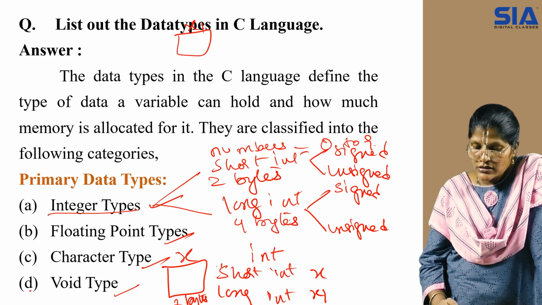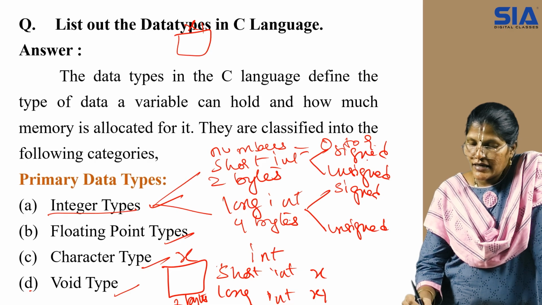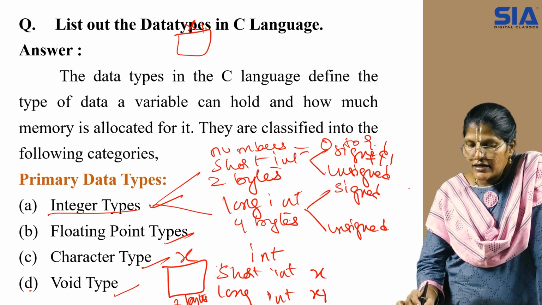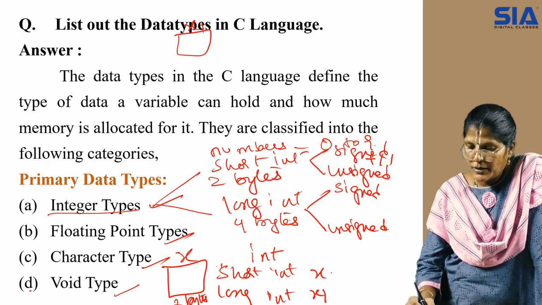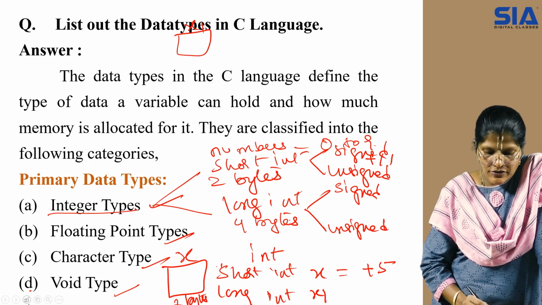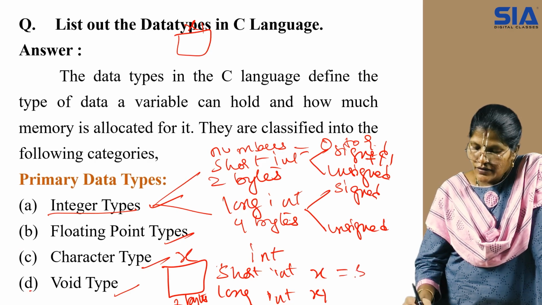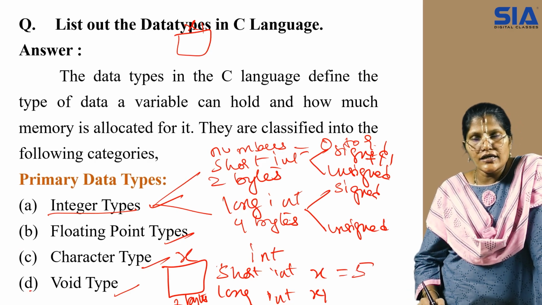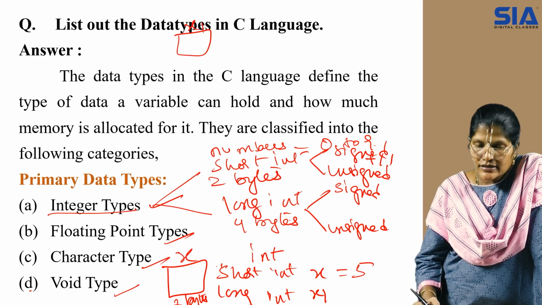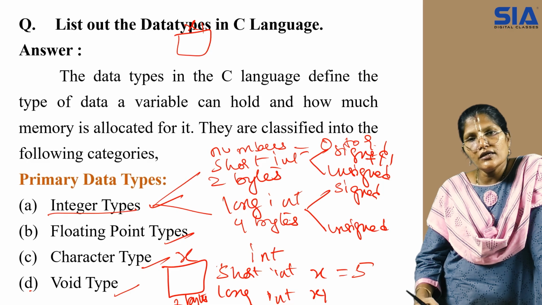When we talk about this, what do you mean by signed and unsigned? Signed means it is plus or minus. If it is unsigned, there is no particular sign; for example, x is equal to plus 5 means it is a signed integer. When you don't specify anything, for example, if you just specify it as 5, that means it is an unsigned integer. So integer values can take both plus and minus values according to the user's needs.